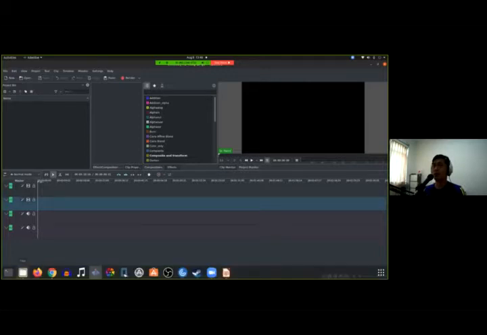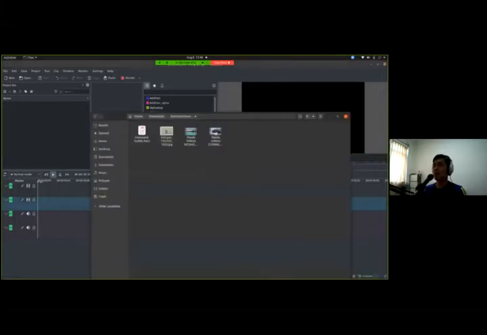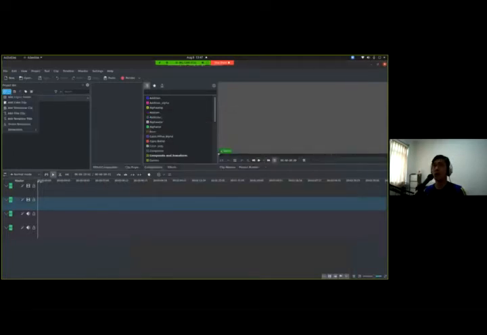So once you open your application, the first step would be to put in all the different sources that you have. Before you even start, what I recommend is to compile all the things that you want to put in the video in one folder. And then from there, how do you import? You can click on this icon here and then add the clip or folder,